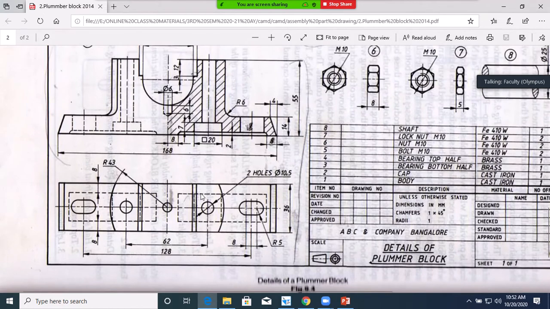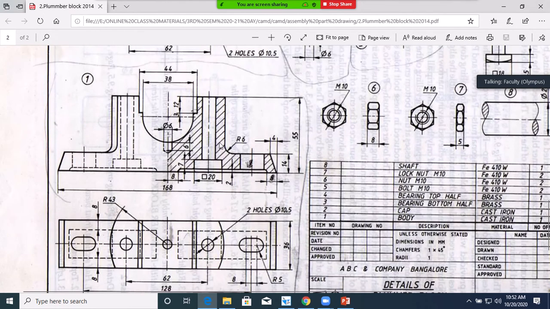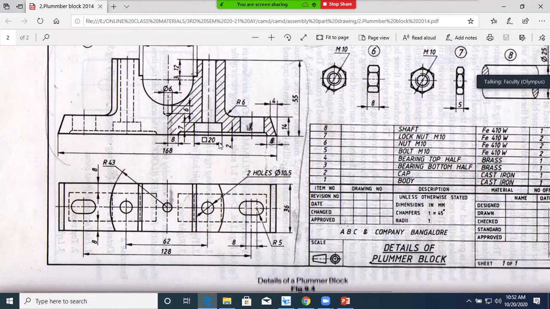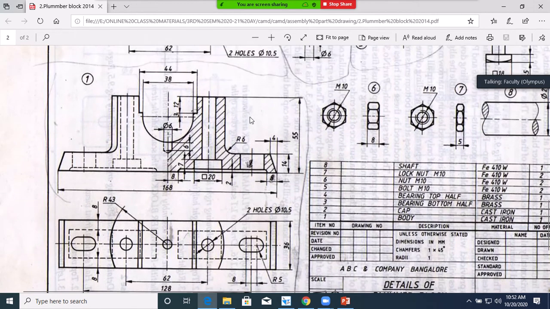make use of this portion. Okay, so I want to extract. This is called orthographic drawing sheet or part drawing sheet. It is referred as part drawing sheet. From this part drawing sheet, you have to extract the dimension. Extracting the dimension is very important. Whatever basic software you are learning, or whatever advanced software you use in the future, extracting the dimension is very important. How to extract the dimension? So you will learn in this subject.